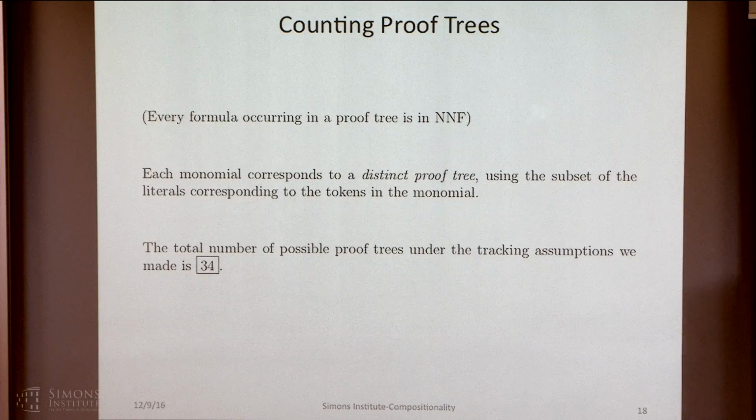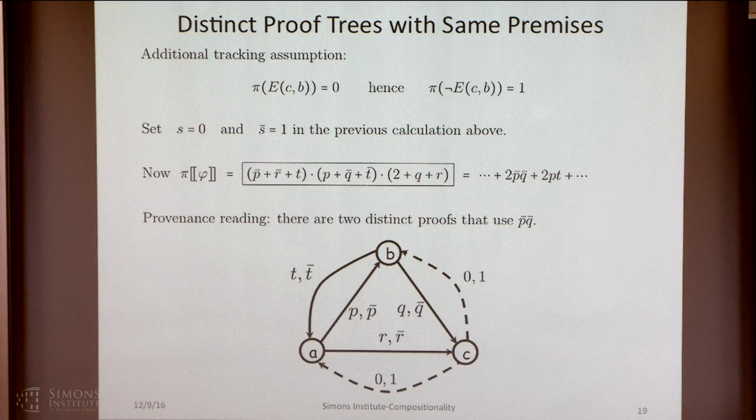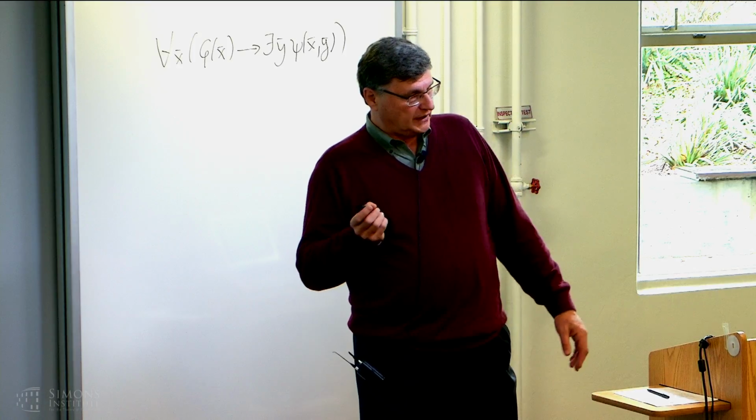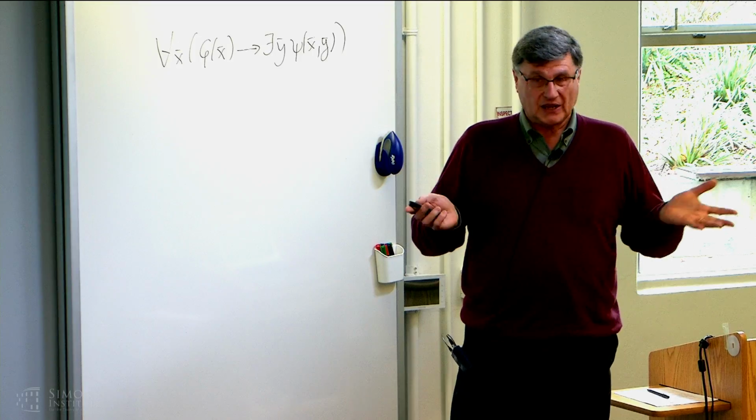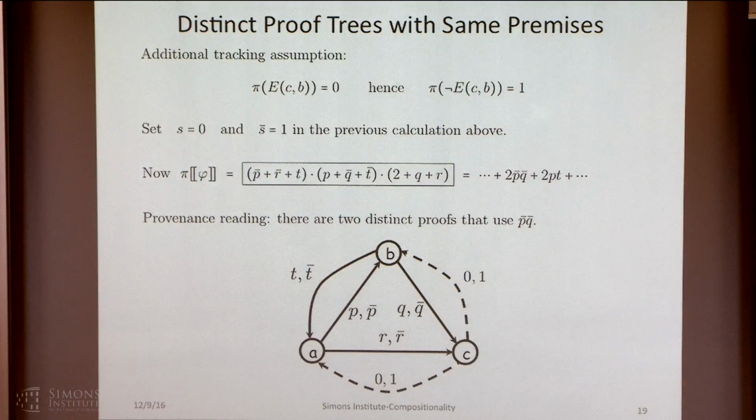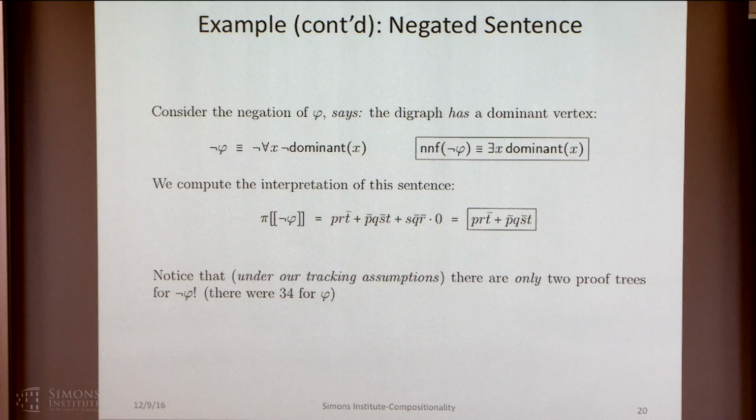So in fact, the provenance polynomial I've just shown you actually counts all the proof trees, and there are 34 of them. So the number of monomials, right? Yeah. So each monomial corresponds to a distinct proof tree. Okay, so if you are interested in how many ways you can check this thing, it is in exactly 34 ways. Well, the polynomial that I have there is not so interesting, but you can get things like coefficients of more than one, for example, and even exponents, which I will